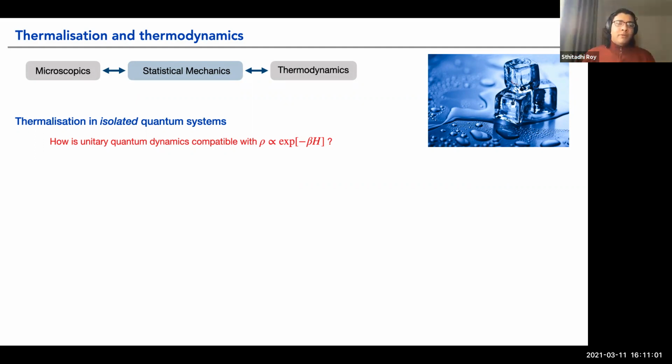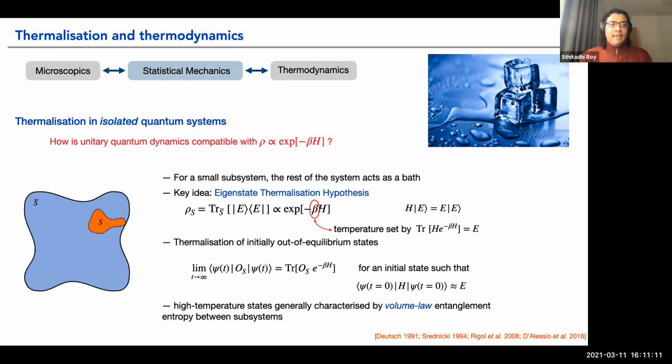So how is that compatible with the state of the system being described by something like a Gibbs ensemble, which is inherently a mixed state? The basic thing that happens here is that isolated quantum systems thermalize locally. So for a small subsystem S, the rest of the system, which I called S bar here, acts as a bath. And the key idea here is that of the eigenstate thermalization hypothesis, which basically tells me that